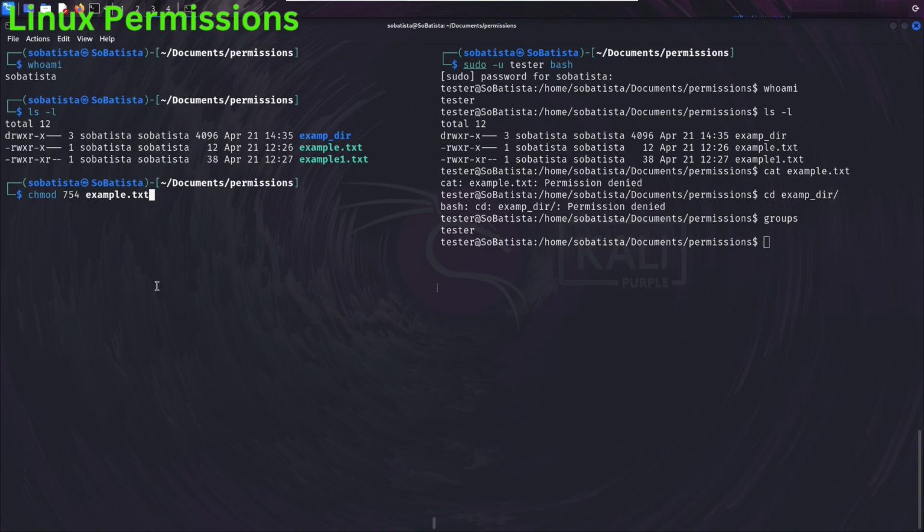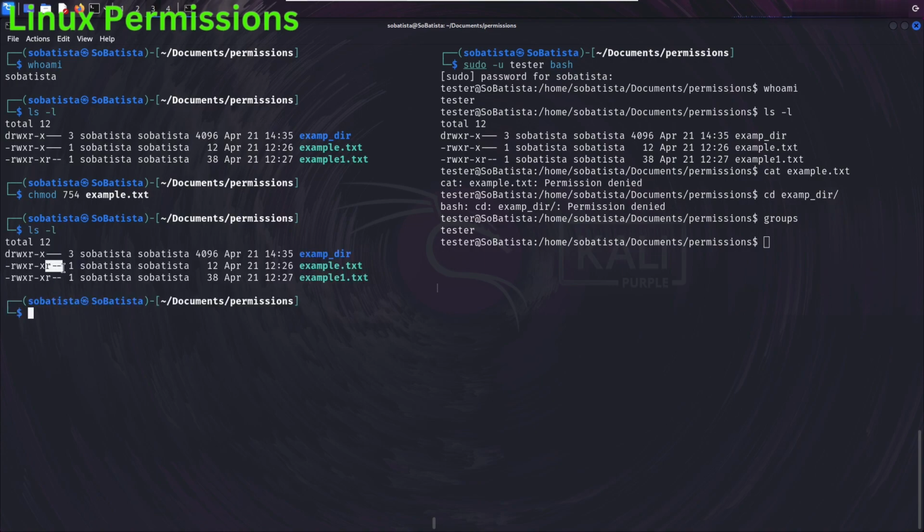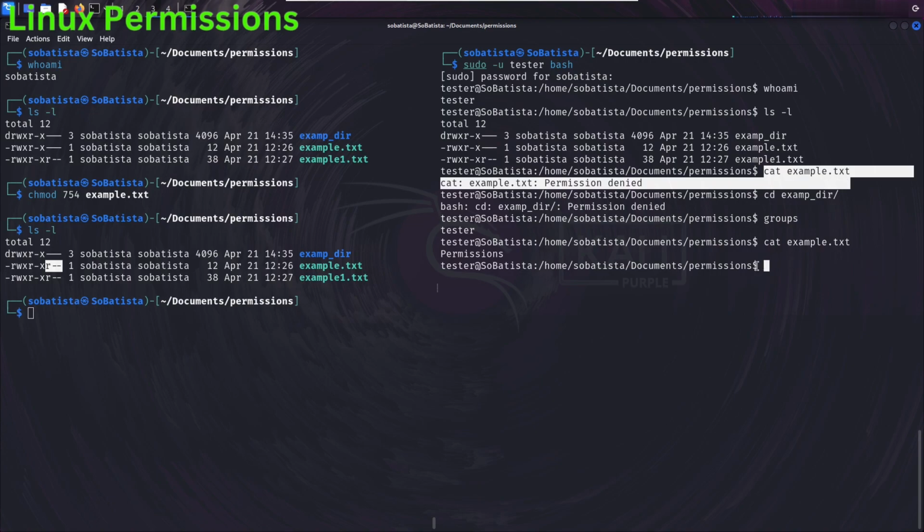anything. So now let's run the command and see if the others now can read the file, okay? As you can see now, the others can read the file. So let's read the file as a tester. We go to tester bash, we insert the command cat, and then example.txt. And as you can see, we can now read the file example.txt, okay? Before we couldn't do that, as you can see here, but now we can, because we gave the group permissions